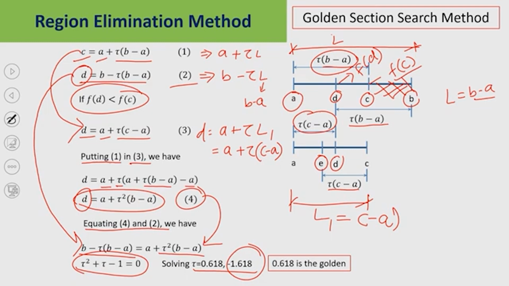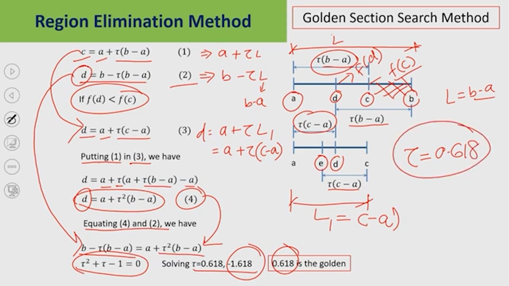Now, the tau value cannot be negative. Okay. So, that ratio cannot be negative. Therefore, the possible value is 0.618 and you can see this is nothing but the golden ratio. Okay. So, therefore, if you are using tau equal to